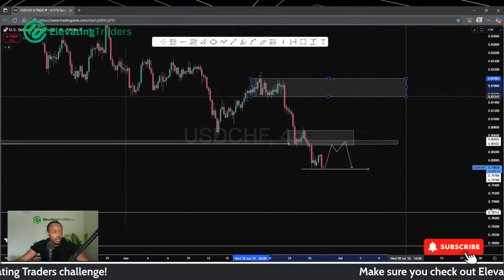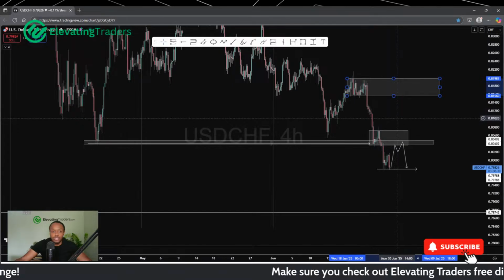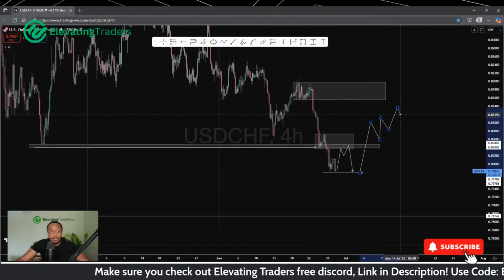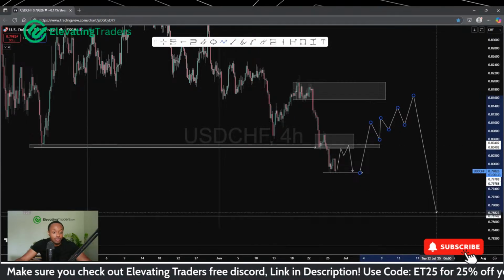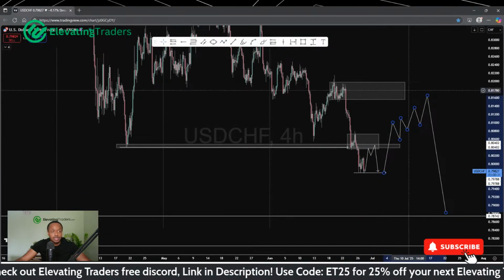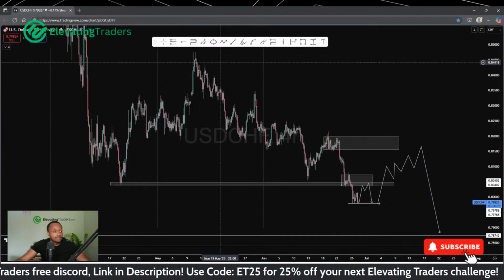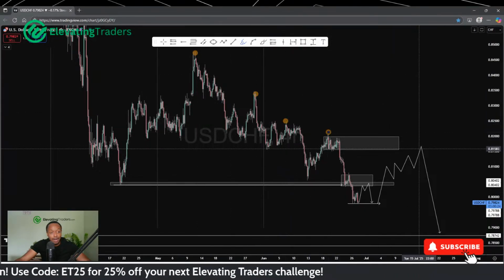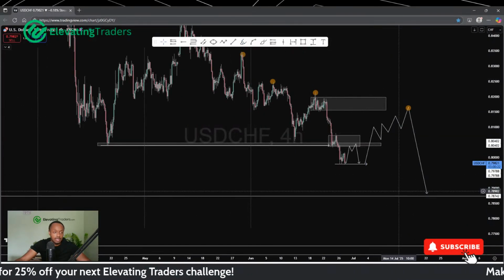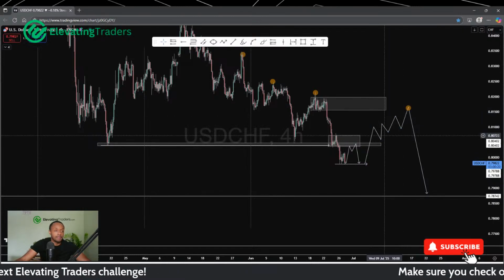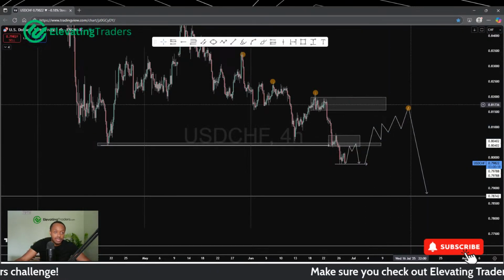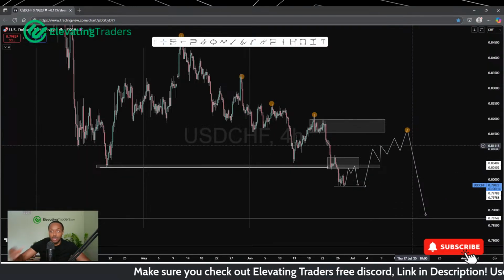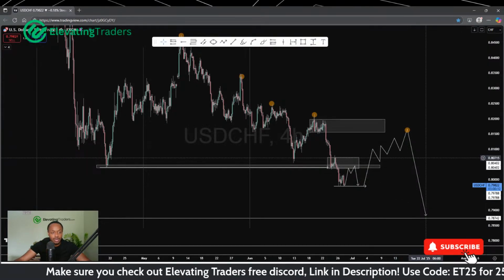Equally, I like the zone up here as well. This is a bit more of a swing idea if we see a much bigger pullback from dollar CAD, because provided we actually need to get up to this level if we're going to short from there. So if we do see a much bigger pullback with dollar CAD, then that is definitely something I will consider, and something where I would be happy to try and sit in the trade and see if I can swing it back to those monthly lows there, because I know that I'm positioned well enough that if price is going to have that big sell, I can look to hold and just see how price develops.